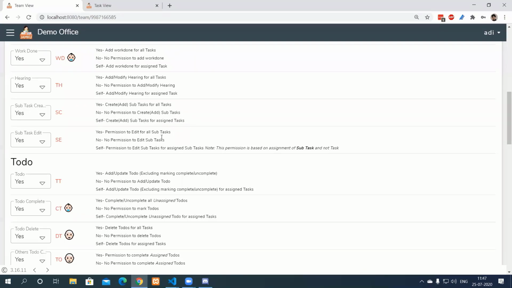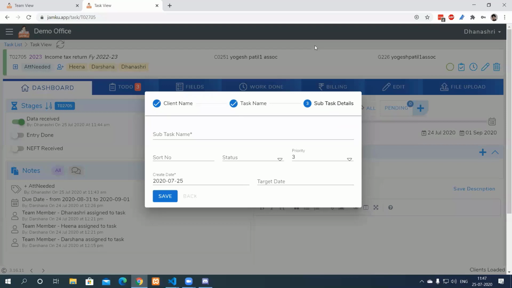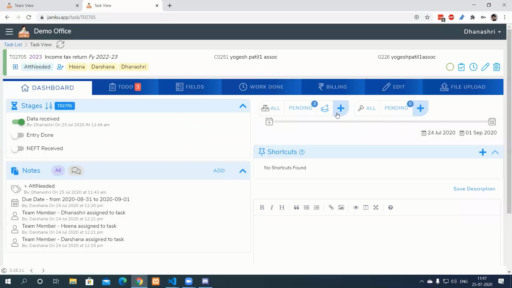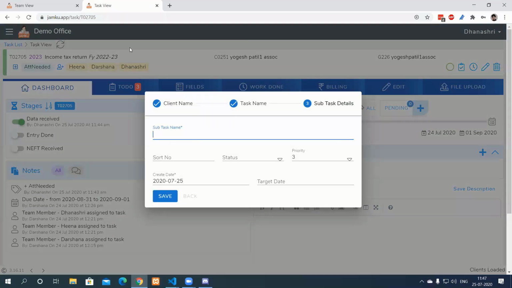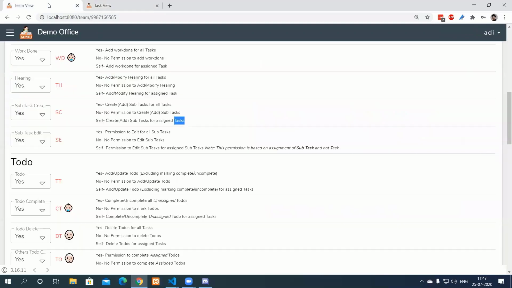So we check the task. When I am creating a new subtask by clicking a subtask name, it will check whether the team member, like this Dhanashree, is added to the current task.